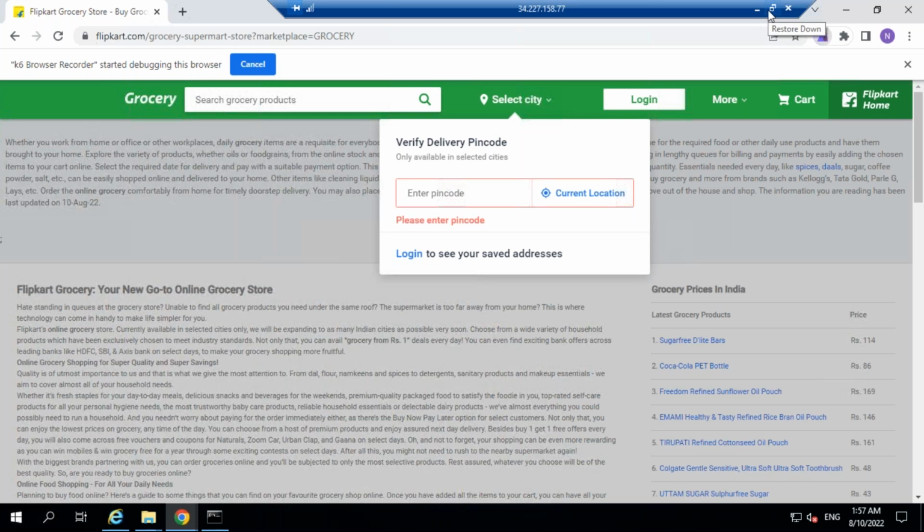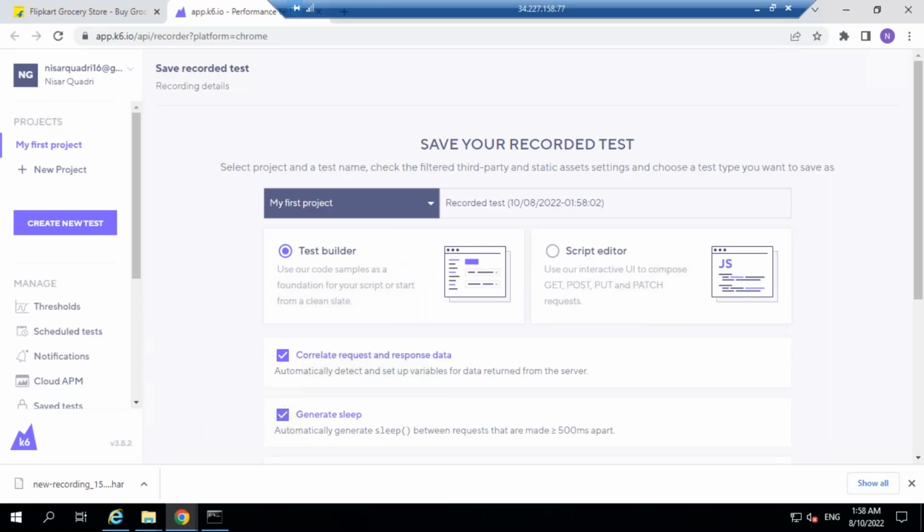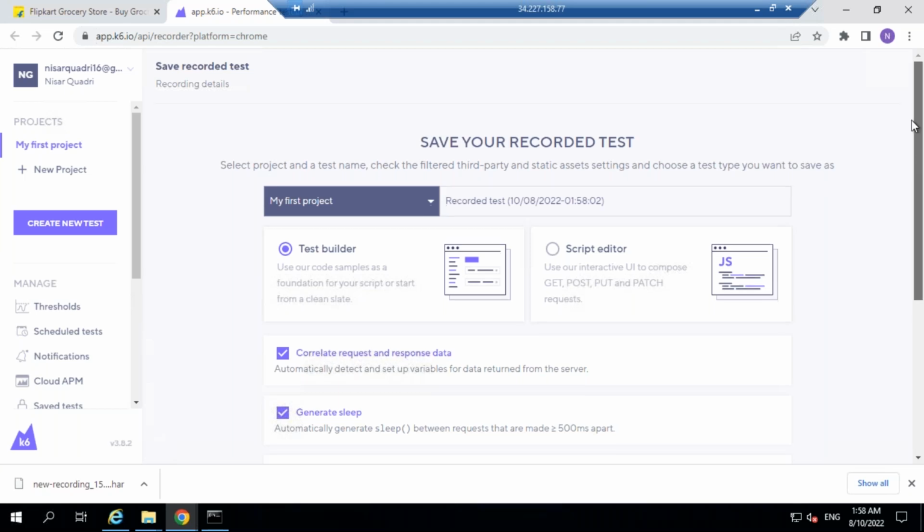Okay. So this is done. The recording, I've stopped it. Okay. So once you stop the recording, the R file will also get downloaded to your machine. And then what you can do is you can just go and, since your cloud is also logged in there in the browser, it will automatically try